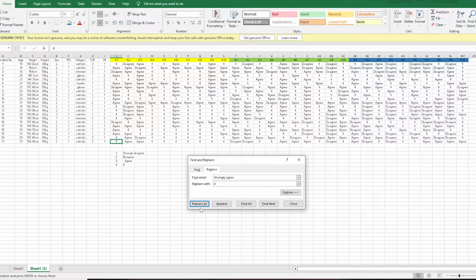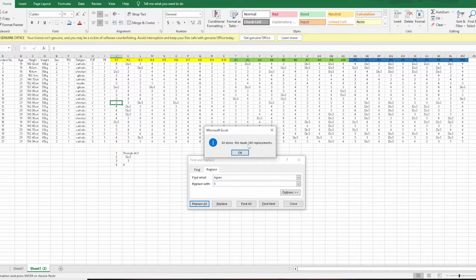Okay, so it's done. So you can now proceed with agree. You can copy it and then just put it here. Replace again, and then change this to 3.